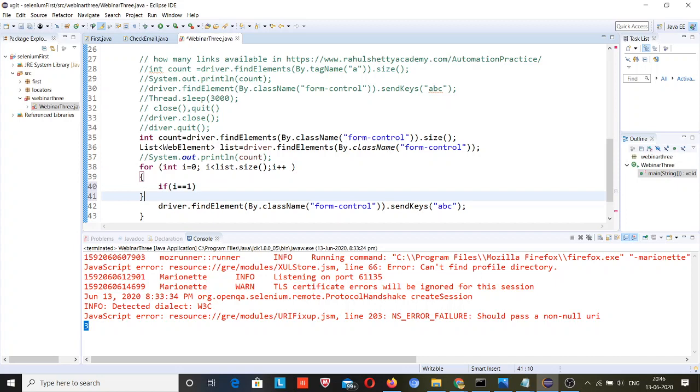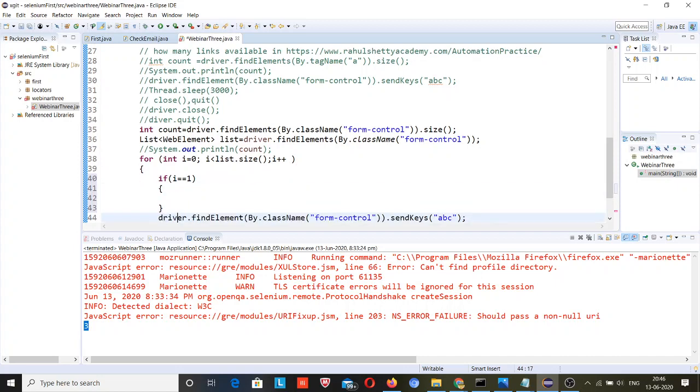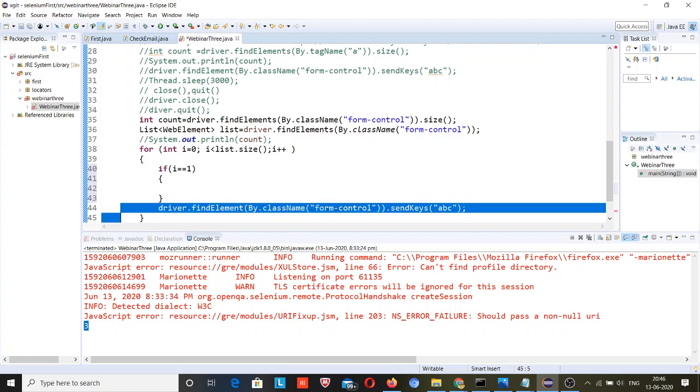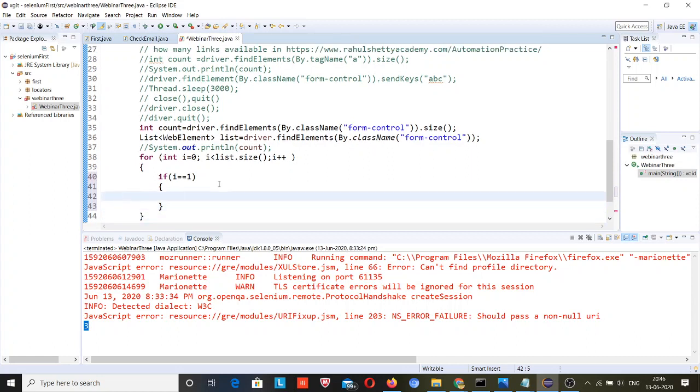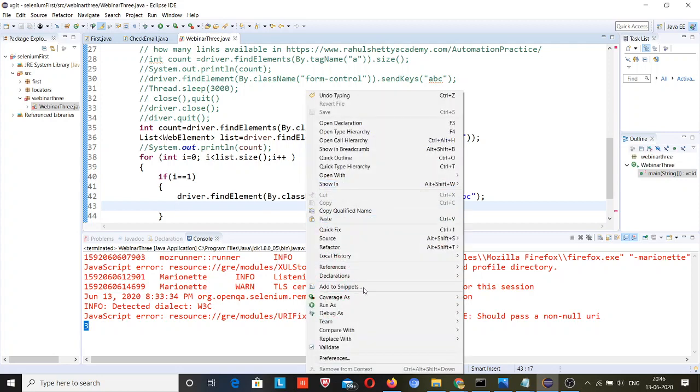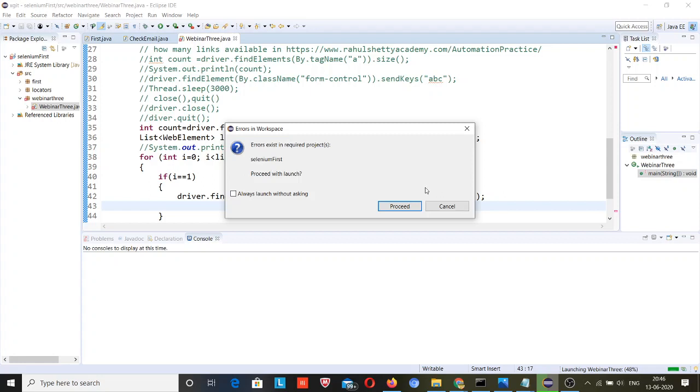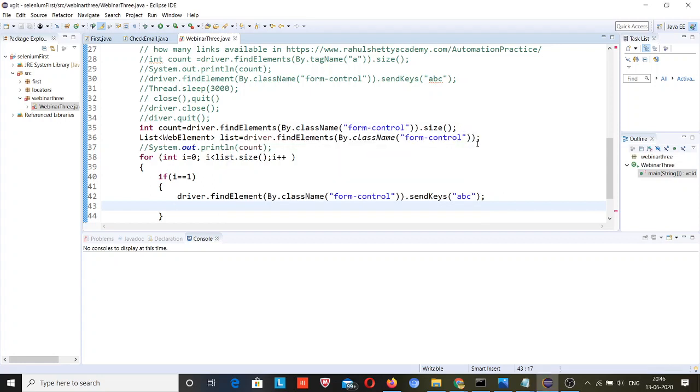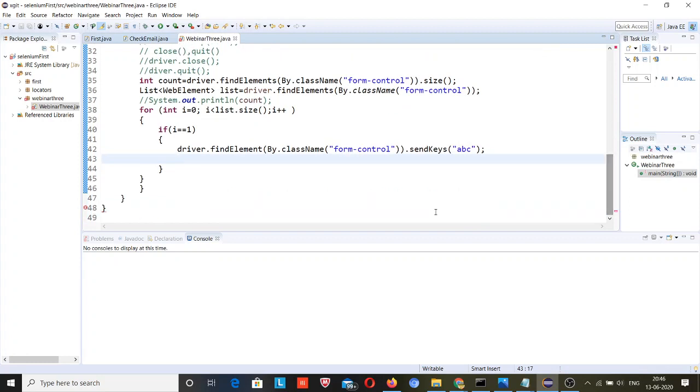Braces. Open the brace. Yeah, so this way the error exists in this code.